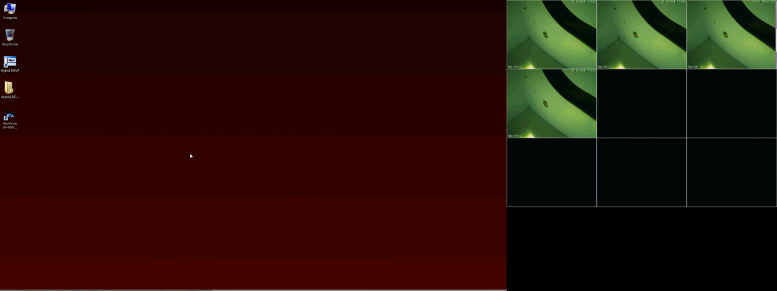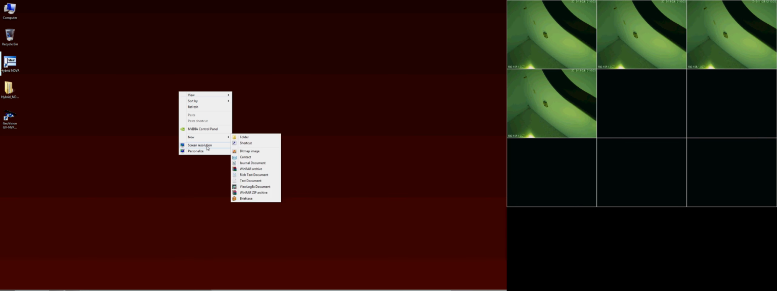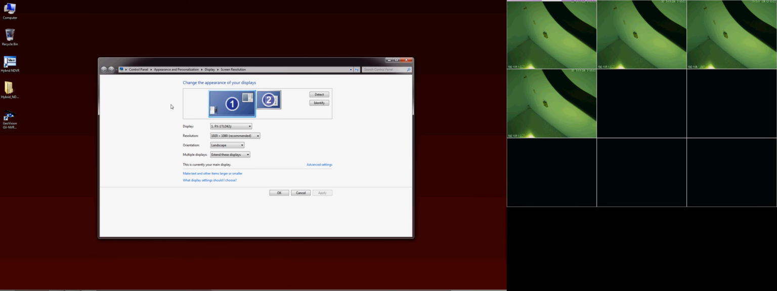We want to make sure we've got a couple things done before we go into the setup and configuration of this. First thing that you want to do, make sure you have all of your monitors connected, whether it's 2, 3, 4, or so on. Once you've done that, right-click on the Windows desktop and go to Screen Resolution. From within here you're going to see a list of the monitors that you have, and you want to make sure under Multiple Displays